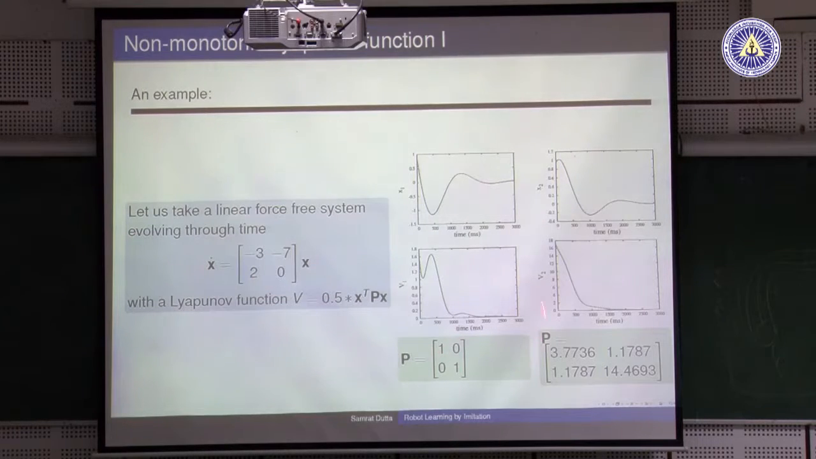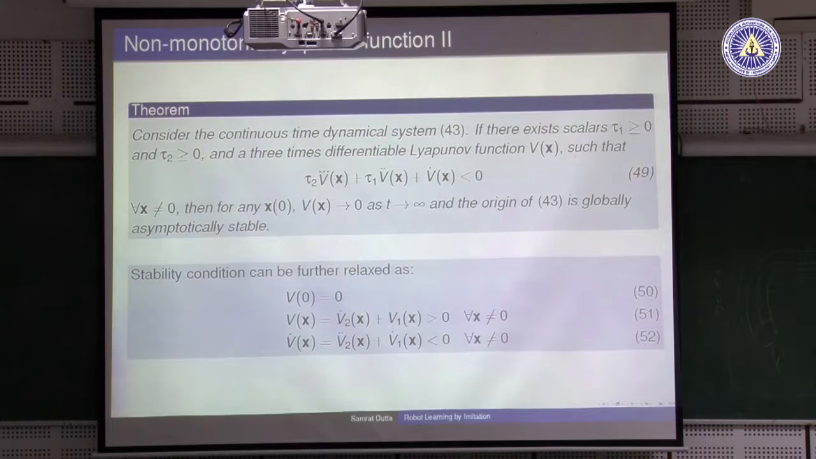So, finding a Lyapunov function is very easy here, but the systems we are talking about, where we learn the system from demonstration, are not simple systems, right. So, finding the parameter P is quite difficult. What to do? We take the approach of a non-monotonic Lyapunov function, where we use this theorem that was proposed by Ritz